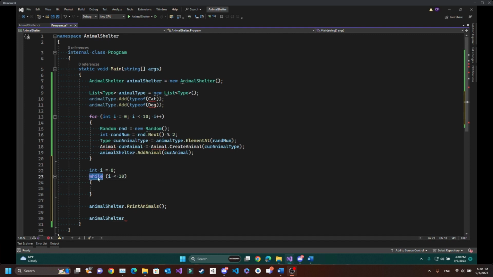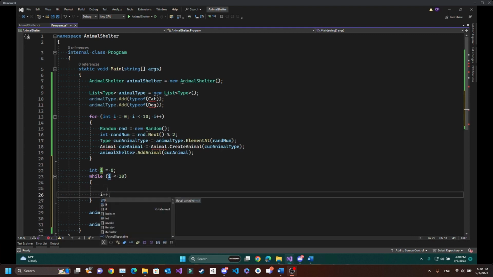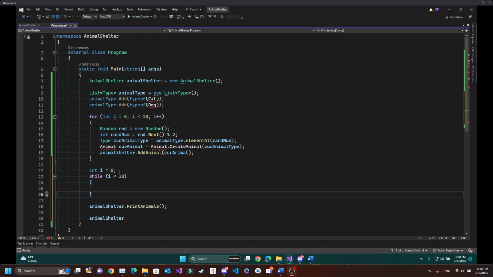But the while loop does not automatically increment anything at the end of its loop, the end of the scope. So as we're going through the while loop, it will do it forever in this case, because we never update I, right? So we would either need to add some way to update I, or as my first example with is alive,